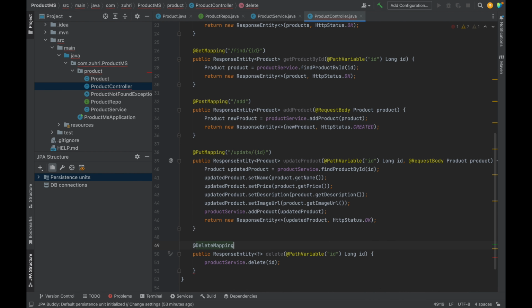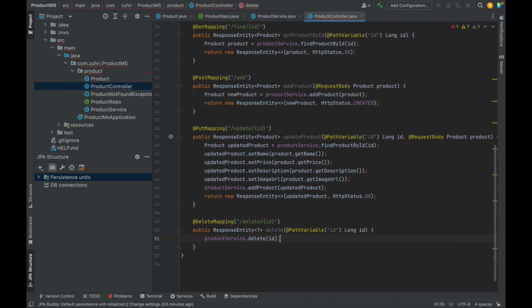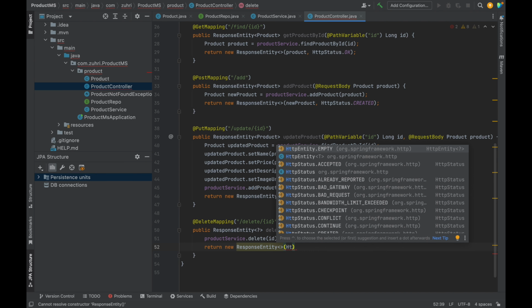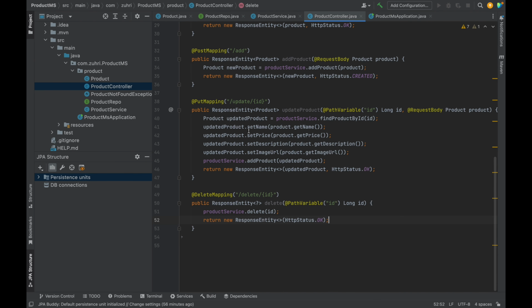and let's write DeleteMapping, and we need to write like delete, and ID, you need to put ID, and also return new ResponseEntity, and here we are just returning the HTTP status. Okay, HTTP. Now we have finished our controller,